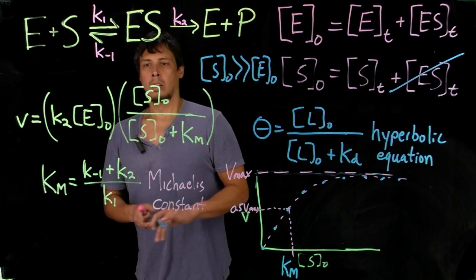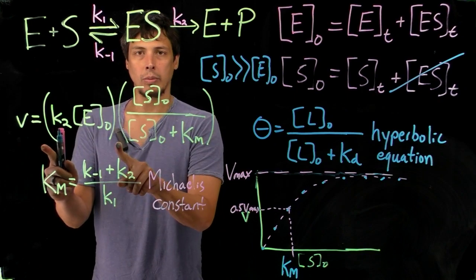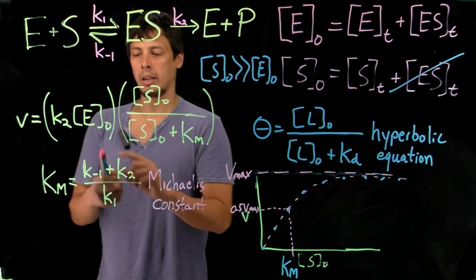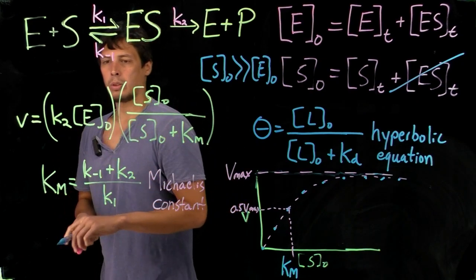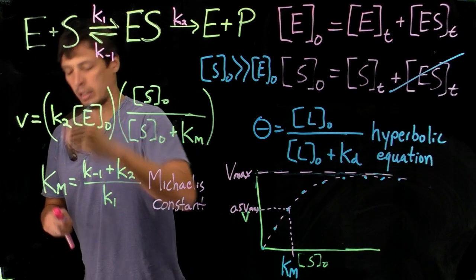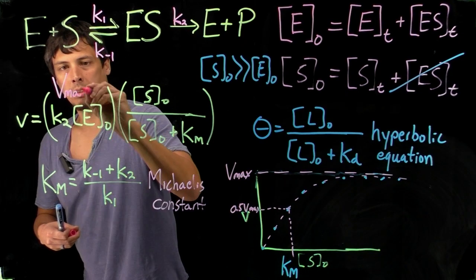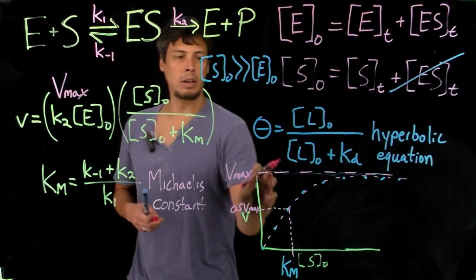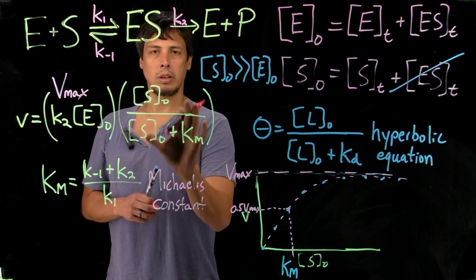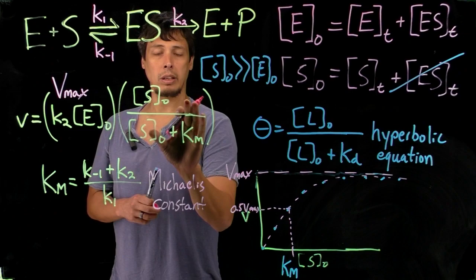The second part of the term dictates how fast the reaction can go, even at saturation. So this is k2 times E naught. We call this term here Vmax, and that's the same Vmax here. So that's saying that when this is saturated, so when substrate is at its highest, saturating the enzyme sites,